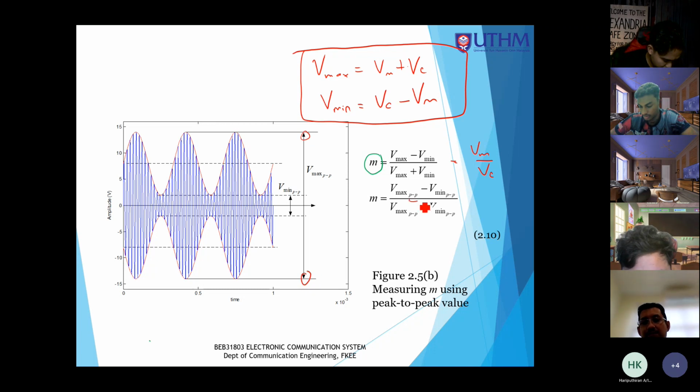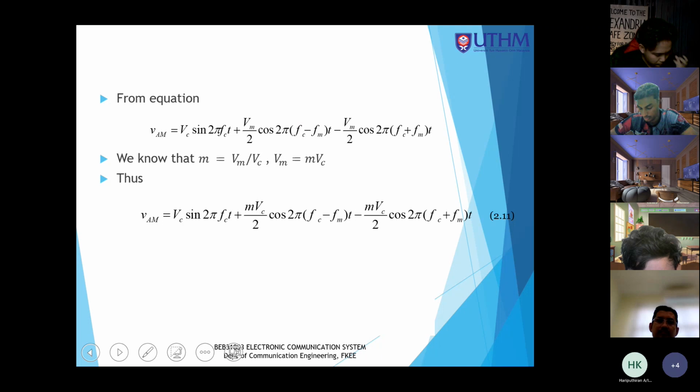So kita gunakan istilah maximum peak to peak, minimum peak to peak. So kita akan dapat jawapan yang sama. So dalam kes ini dia mengambil kira bahagian positif max dan juga negatif max. Okay. So apabila kita telah tahu bahawa modulation index bersamaan dengan VM over VC, maka kita boleh